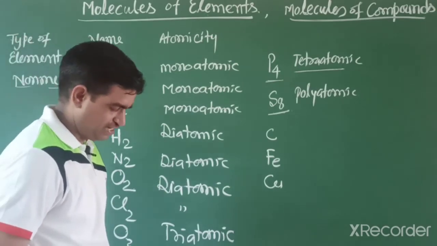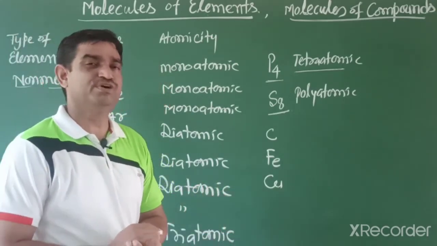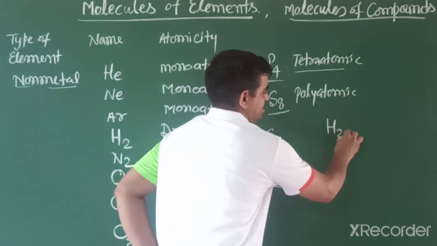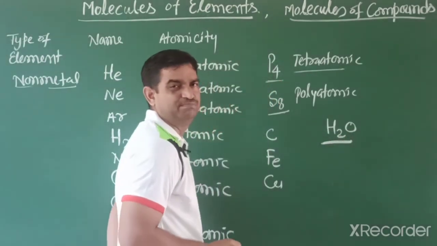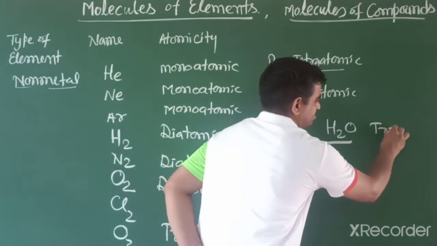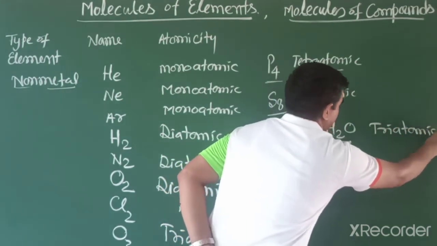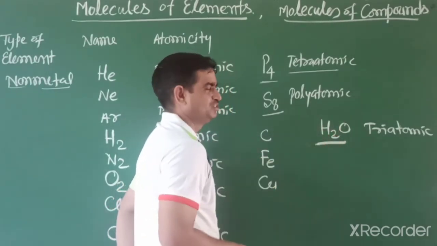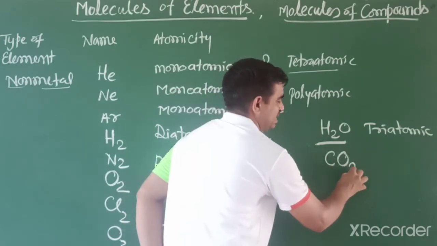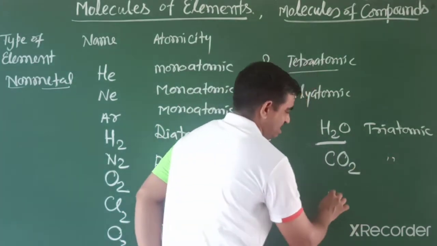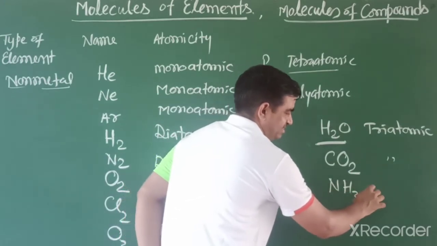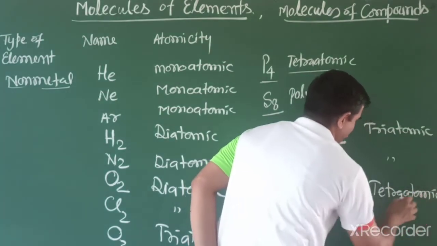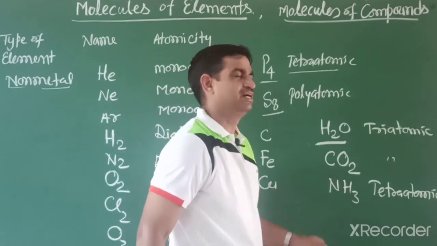Others, when we write hydrogen, like diatomic, triatomic, in this way we can write. Students, if 2 or more than 2 elements combine in definite proportion by mass, like water. Water is a molecule. This molecule has 2 kinds of atoms, and it is triatomic, because 2 atoms of hydrogen and 1 atom of oxygen. Another one, carbon dioxide, is also a triatomic example. Ammonia, NH3, is tetraatomic, because 4 atoms: 1 nitrogen, 3 hydrogen.